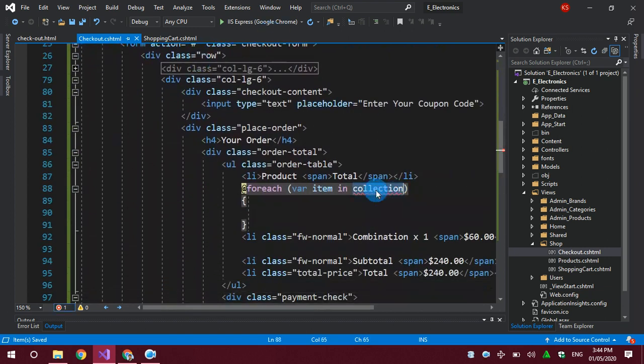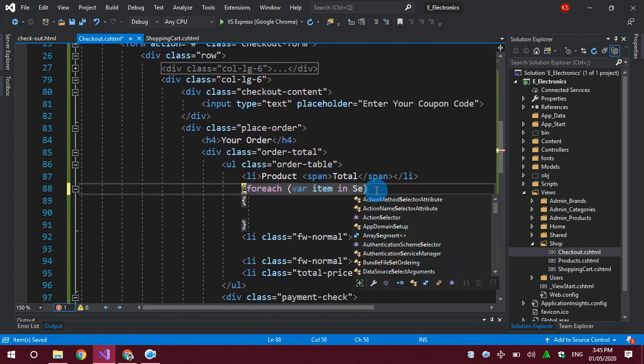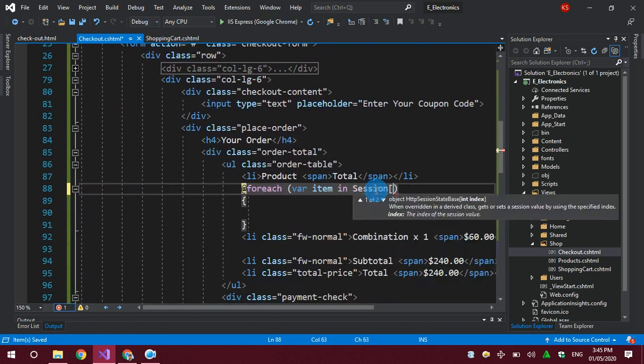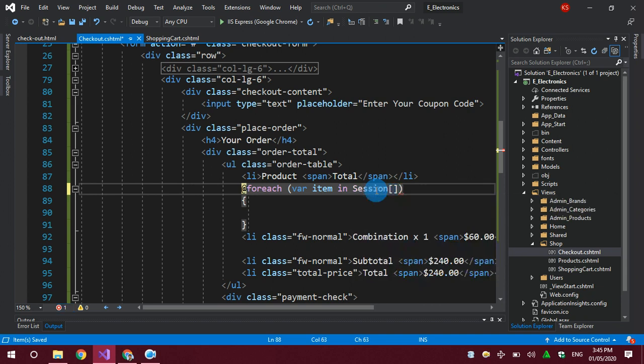Now I have my model here, and now I'm going to call my session. In my session there is a session element named cart. But cart is a generic global variable, the most super global variable, so I have to cast it into the shopping cart item.